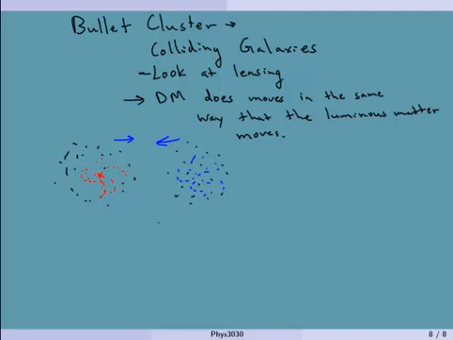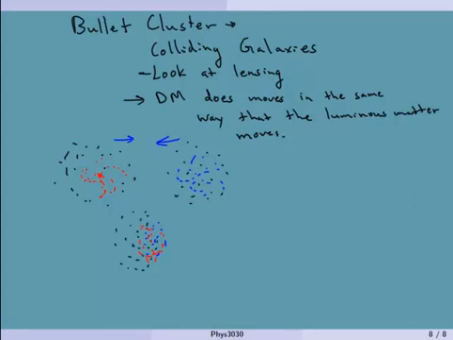What's going to happen is, what you expect is the blue matter and the red matter to sort of be interacting with each other, okay? But the dark matter is sort of going to just keep moving. So I'll first draw the dark matter for the blue one. What's going to happen is the blue galaxy will sort of get slowed down by this red stuff, the actual luminous matter. But the halo of dark matter should sort of keep moving, right? So it's centered over here.